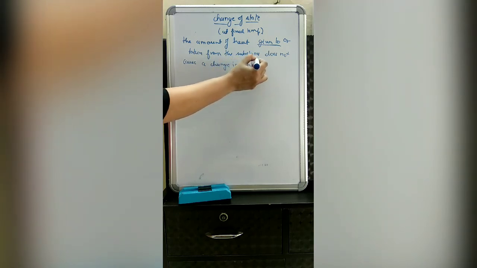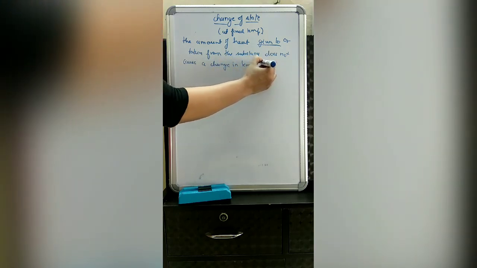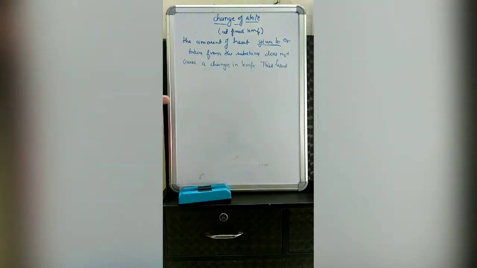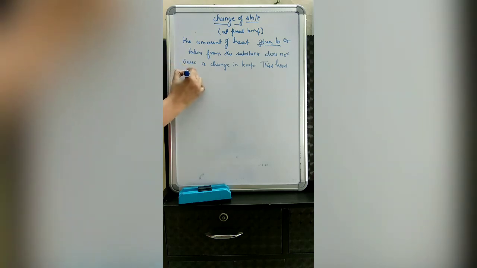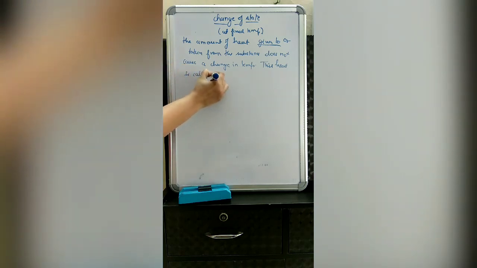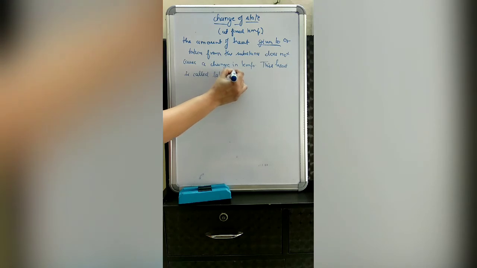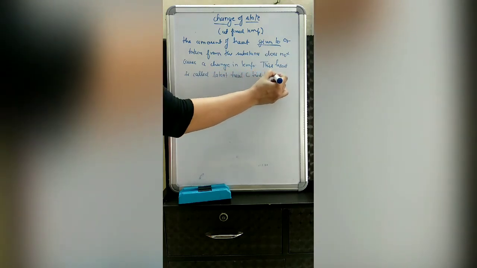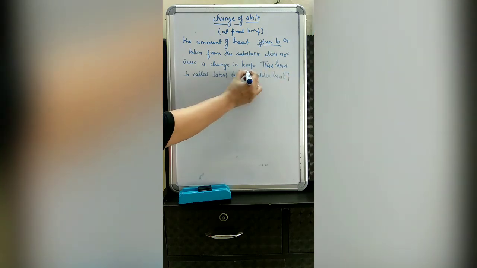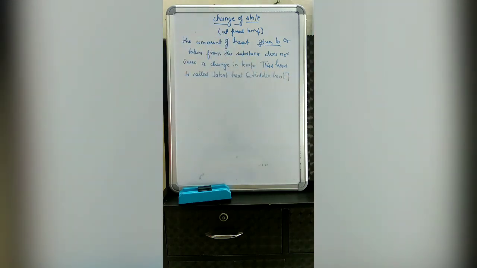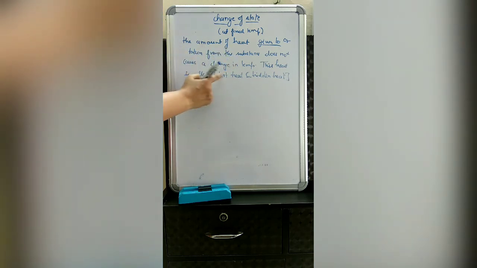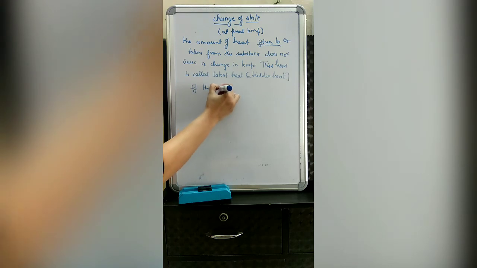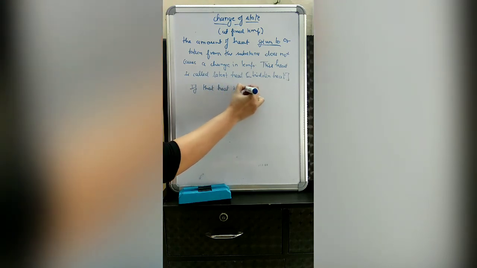As we have seen in the activity, this heat with which there is no rise in the temperature is called latent heat, or you can call it hidden heat. Why is it called hidden heat? Because it is not manifested by any change in temperature of the substance. And when we measure that heat,